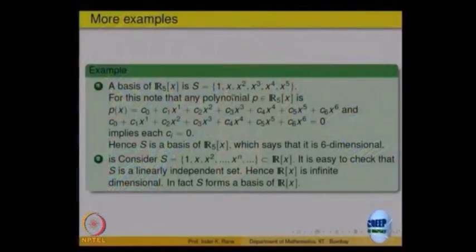Okay. So, this is polynomials of degree less than or equal to 5, right. So, its dimension is equal to 6, since there are 6 elements including the constant, and R[x] itself is infinite dimensional. That set forms a basis for it. Okay. So, dimension is clear for a vector space.